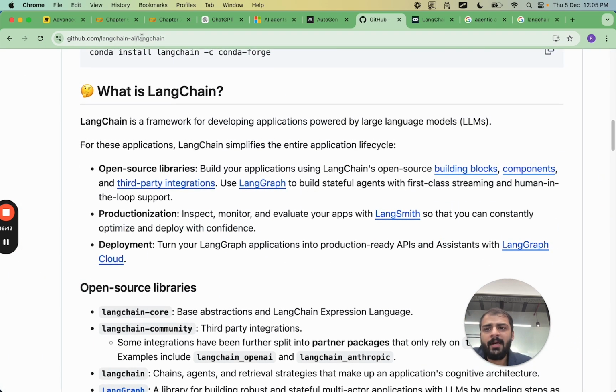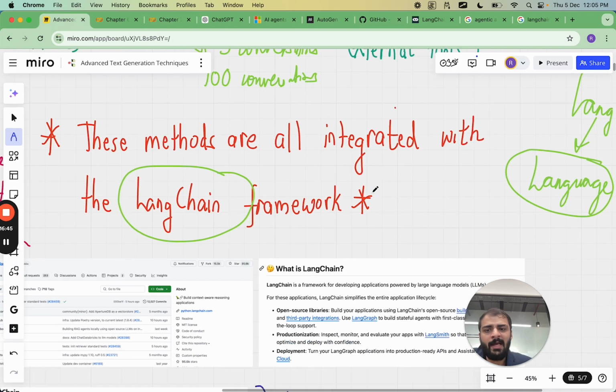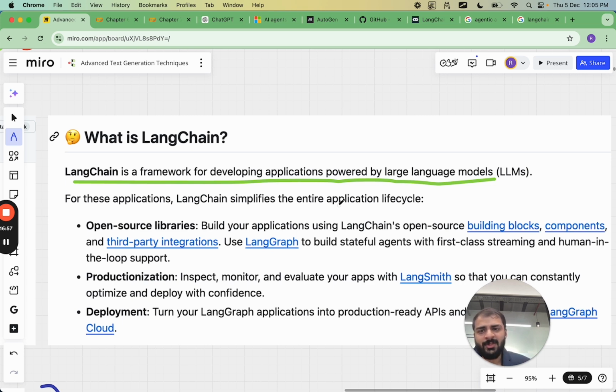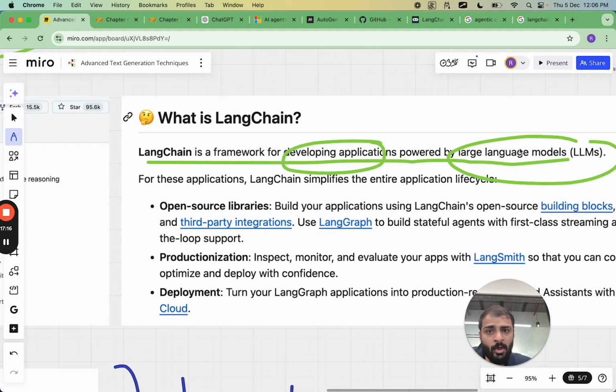Now, if you look at the definition of LangChain, you will see that LangChain is a framework for developing applications powered by large language models. So let's focus on this definition again. It's a framework for developing applications powered by large language models. LangChain will not teach you how LLMs work. It is just a framework which integrates different components together, and when you assemble these components, you get something very powerful, and that can be your LLM product or your LLM app,